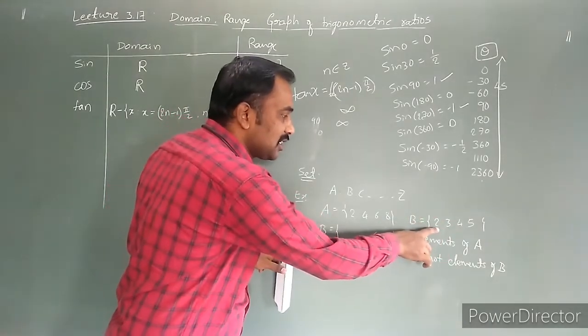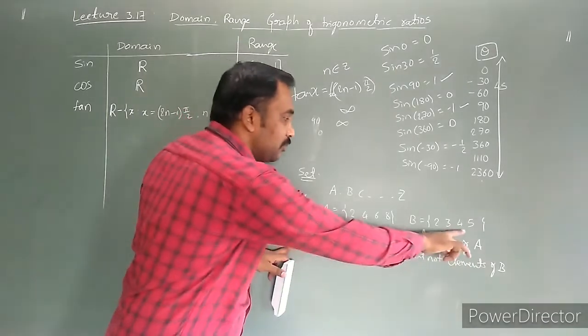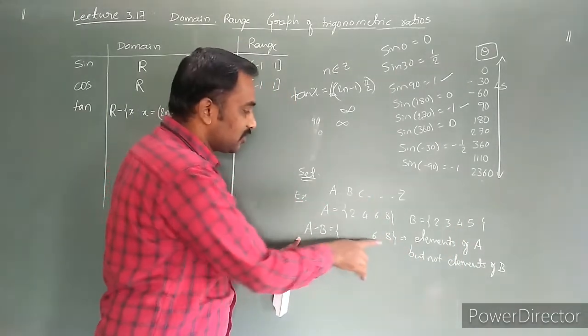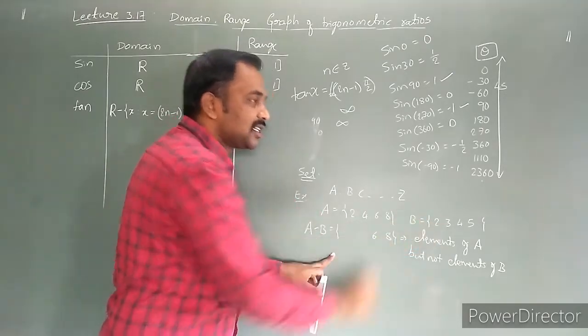Here 2 is present in the set B, so remove it. 4 is present in the set B, that's why remove it. 5 is not there, leave it. So any elements which are present in the set B,